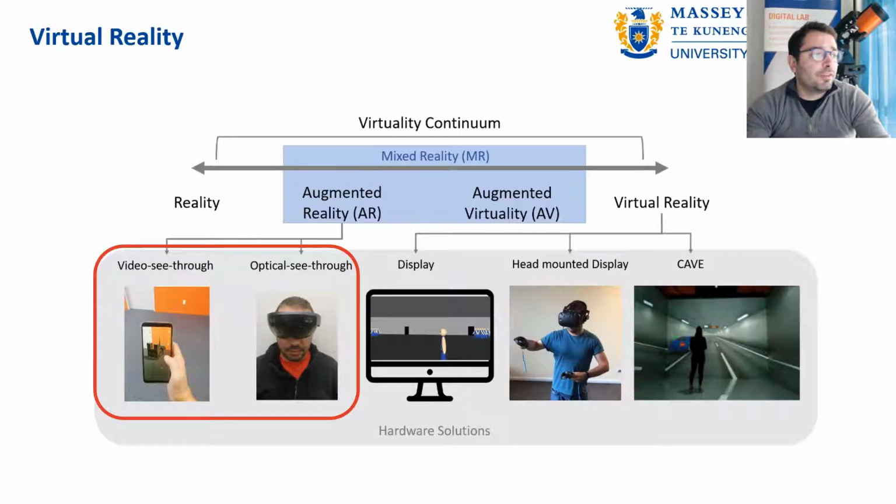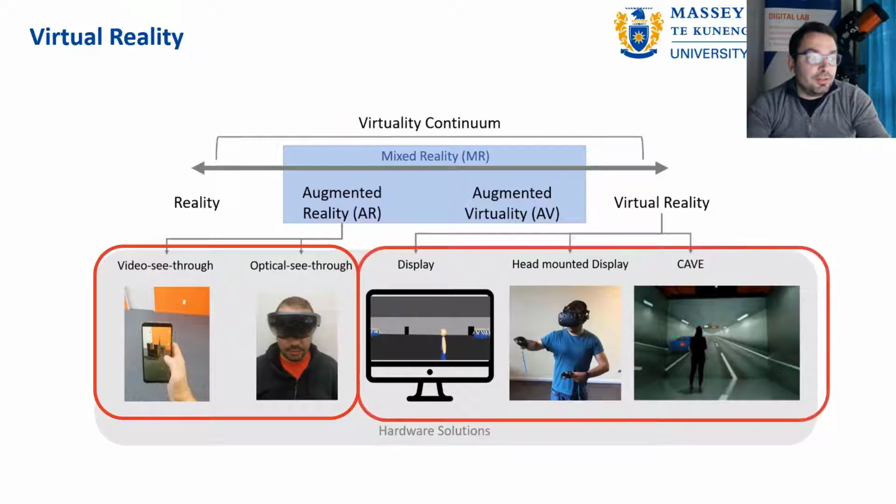The other option is to use optical see-through, and you can see me wearing funny glasses in which you can still see my eyes, because it's pretty much like sunglasses or opaque glasses. You have the possibility to project digital information on those glasses, and the result is that you start seeing a hologram popping up in your own reality.